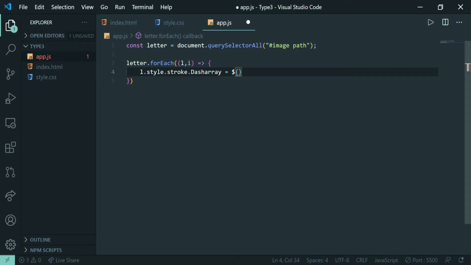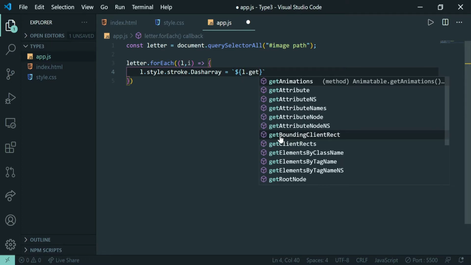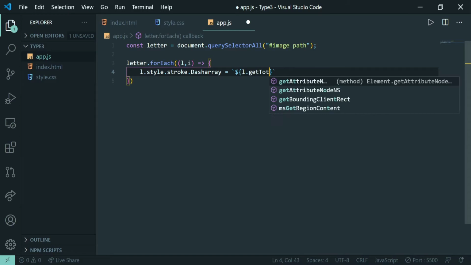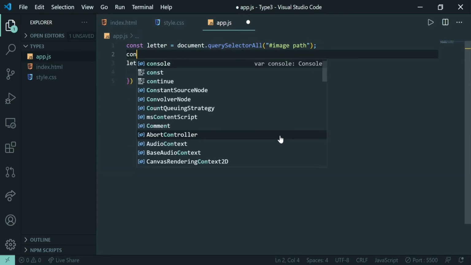So we will be saying dollar sign and using ES6 syntax over here, saying L.getTotalLength(). So what will this be doing? Let us copy this and console log this.